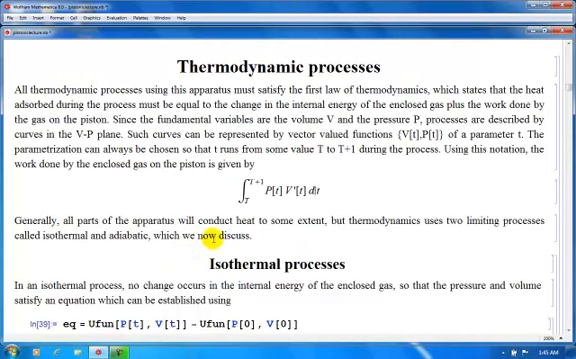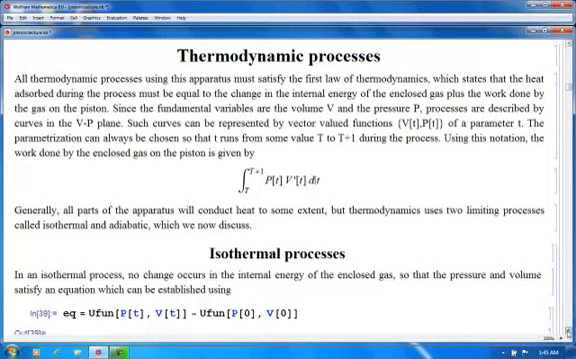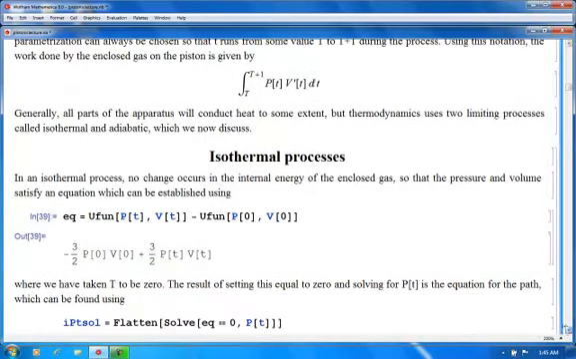Generally, all parts of the apparatus will conduct heat to some extent, but thermodynamics uses two limiting processes called isothermal and adiabatic, which we now discuss. So let's move down here a bit. So in an isothermal process, the internal energy